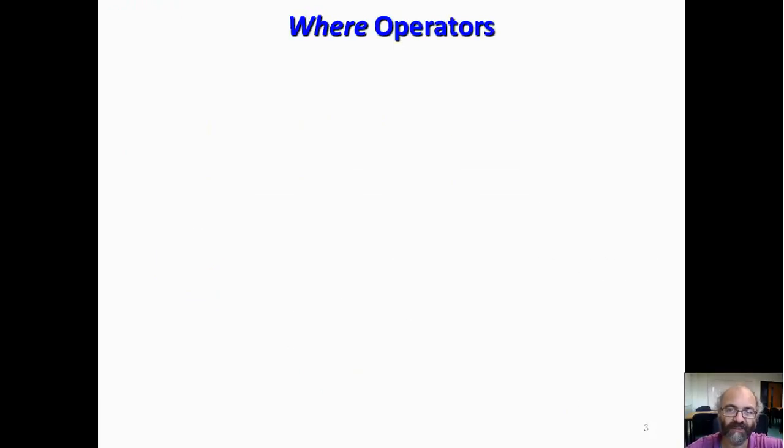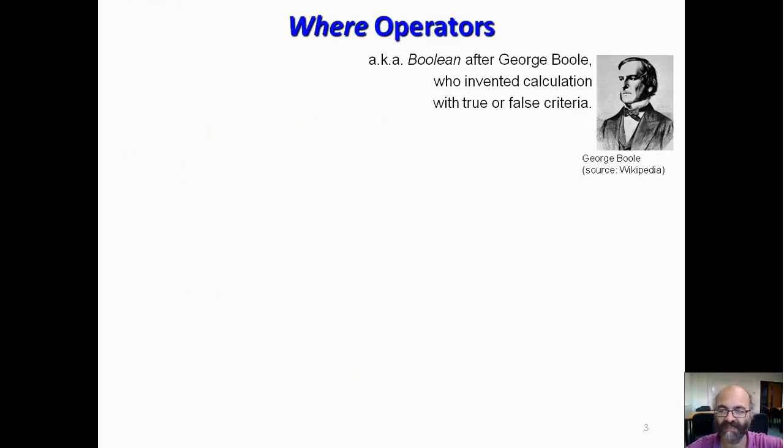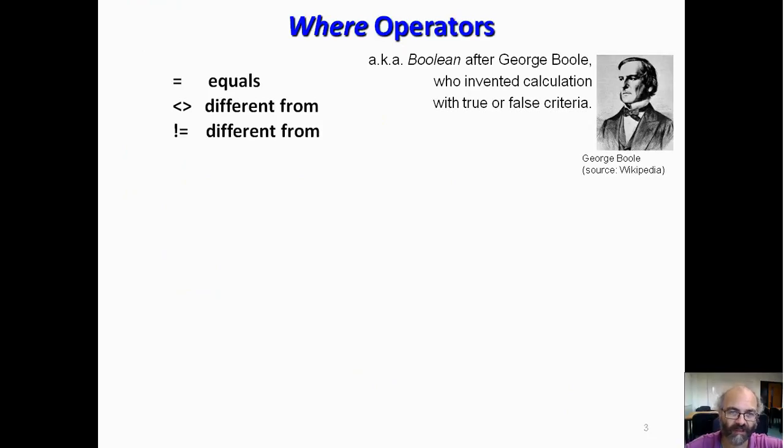An operator is sometimes called boolean, after their inventor, looking very stiff here in full Victorian glory. So there's equality, which we've just used. There's two different ways of writing different. Less or more, and not equal. As in this query,